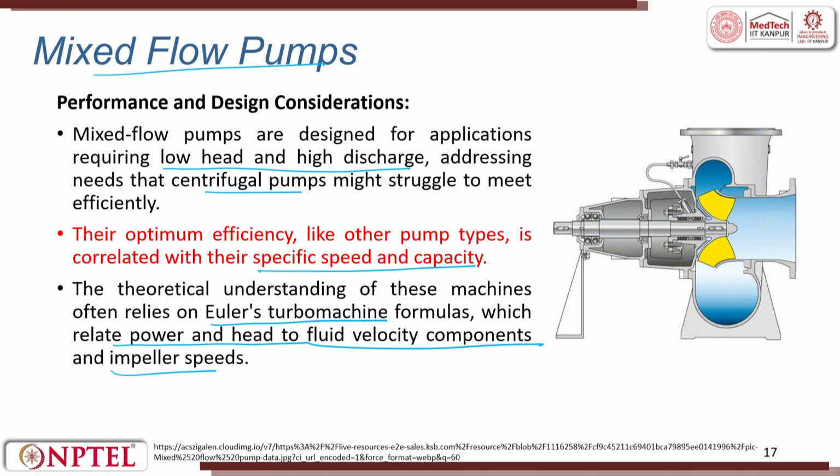So, when you look at a pump, what else will you have? One is the motor which rotates, right. So, there is a component called speed. Then there is a fluid which comes inside with a velocity. So, these two are there, you see here. Then you can talk about the power requirement for the motor. So, these are the things which you can talk about. And then in Euler's turbo machinery formula, we try to calculate the efficiency, or the pressure, whatever it is, directly or indirectly. Euler turbo machinery formulas will be discussed in the tutorials.